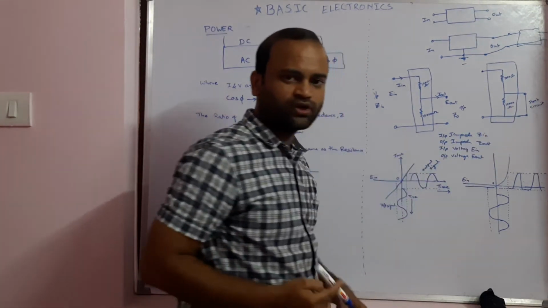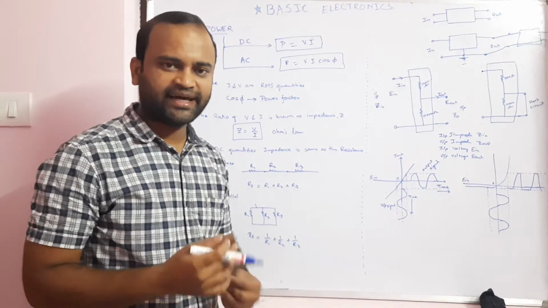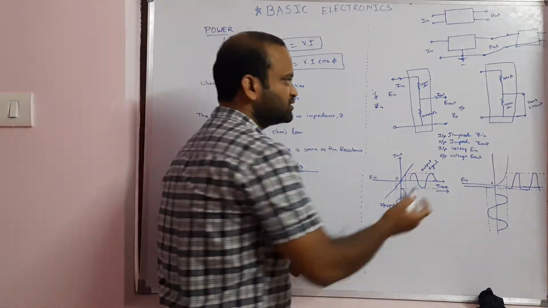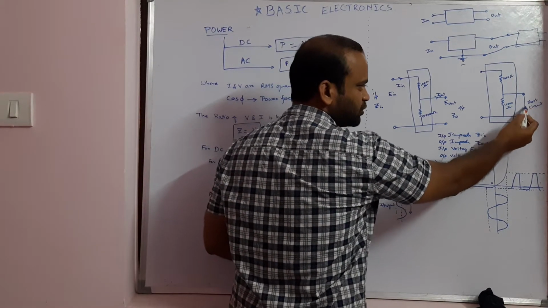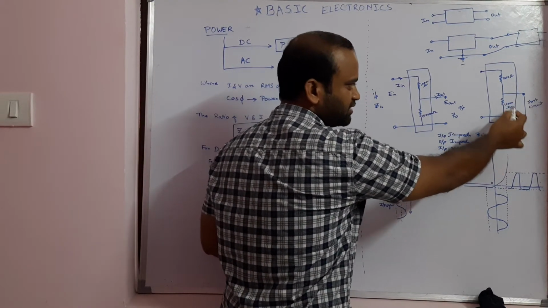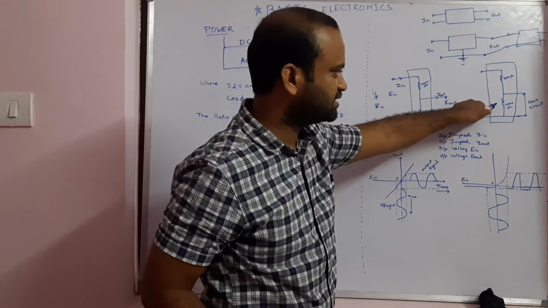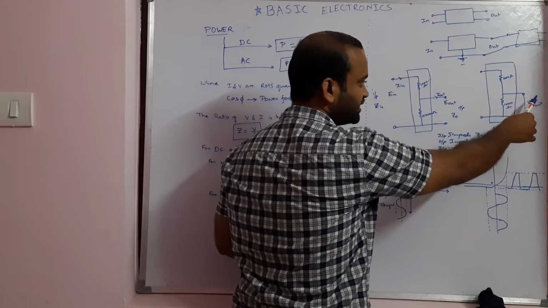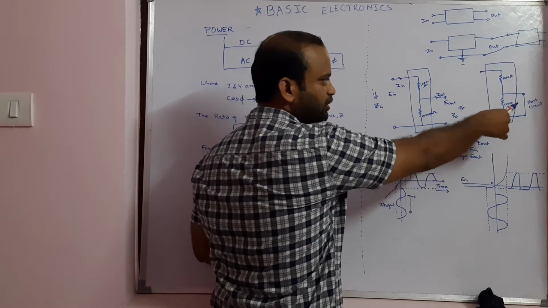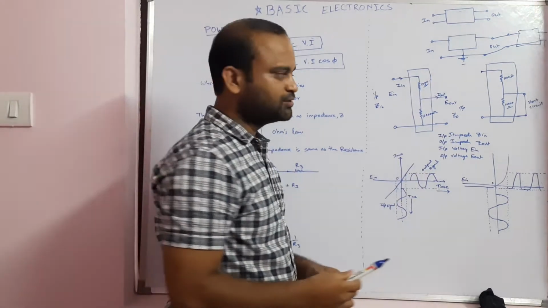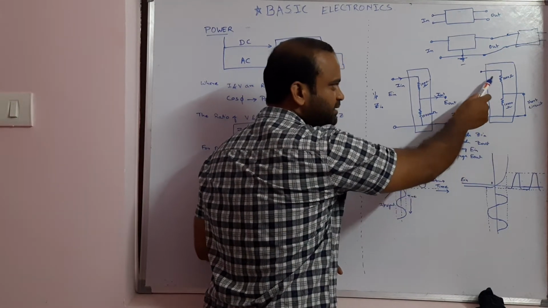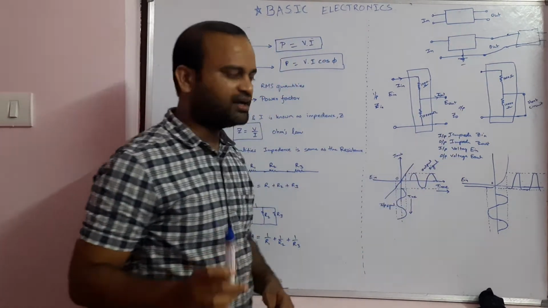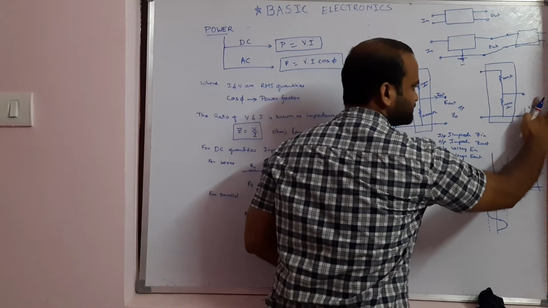So when we do a short circuit, that is when we connect a zero resistance path between these two terminals across the output, the current flows in the path which has minimum resistance. Since this has 10,000 ohms and this has zero resistance, current will try to flow this way. In that way, this resistance is bypassed. Hence, the input resistance is also changed because of the change in output. Once you are short circuiting the output, the input resistance has become 1000 ohms. Earlier, when this is open circuit,